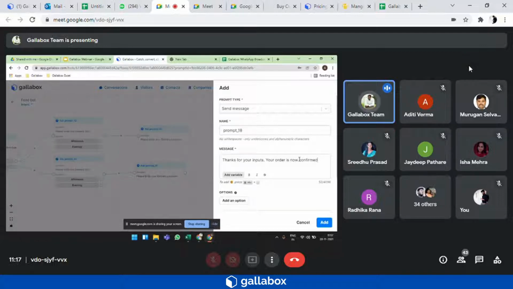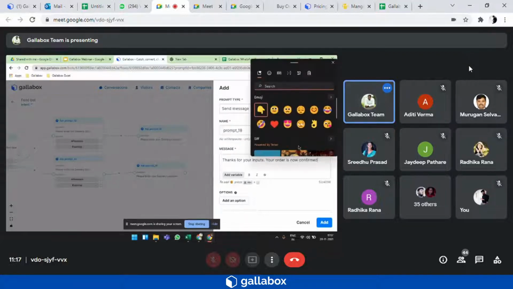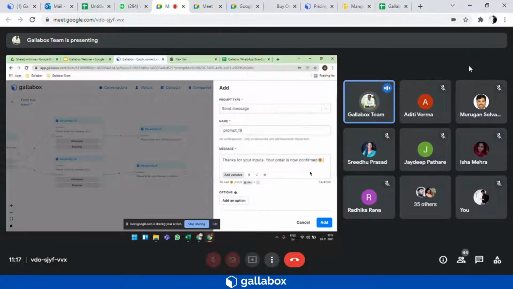And you can also add emojis by clicking on Windows plus dot, and you can add emojis for your conversations into your chatbot as well.